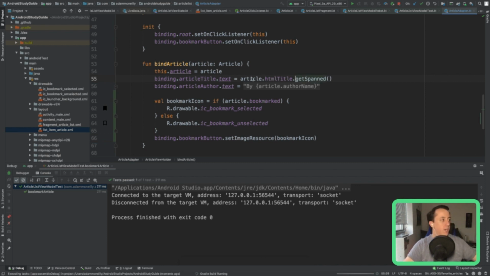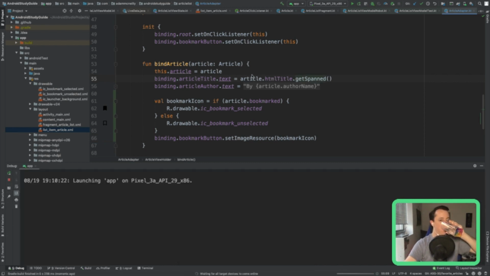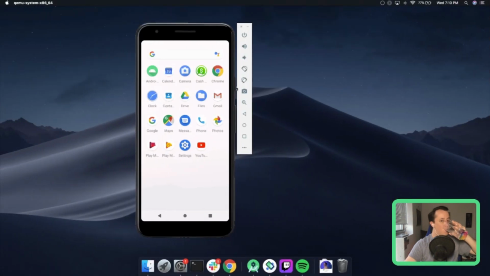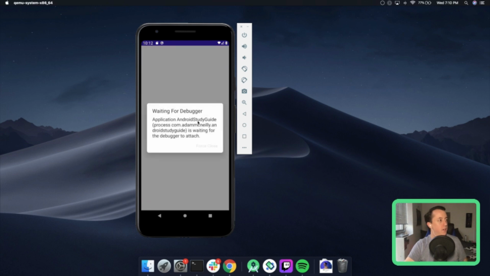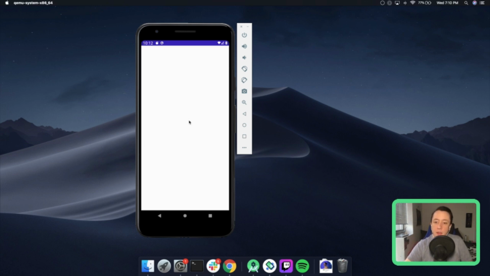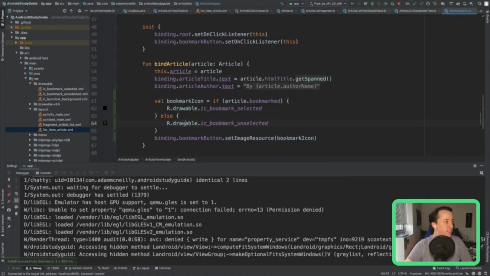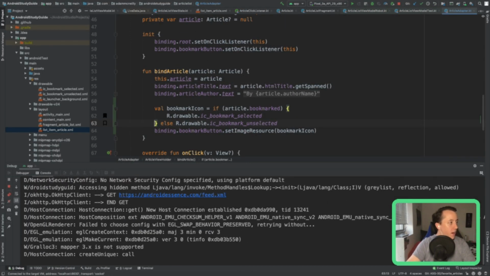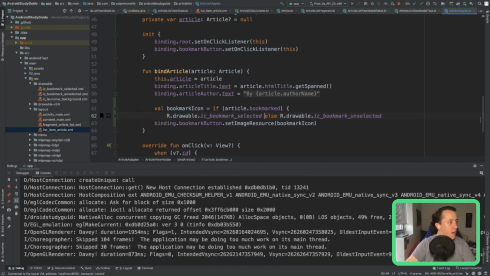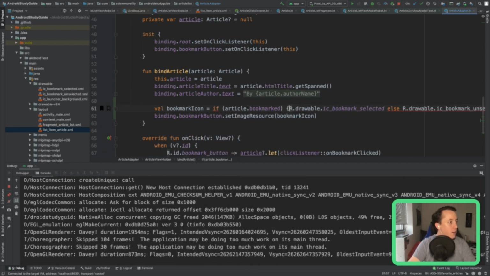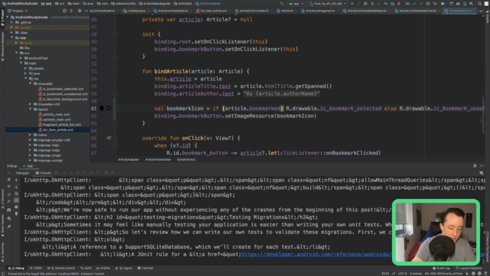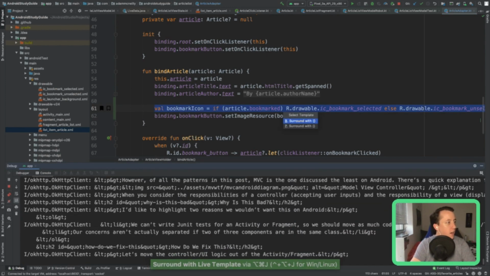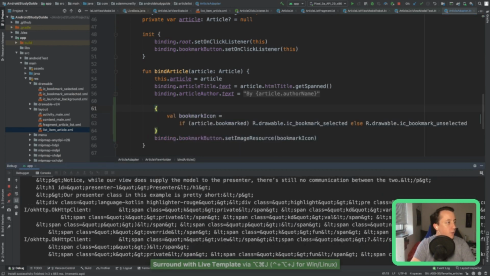Hopefully this works out. Option Command J, nice. I'm going to try that out. Do I highlight where the if statement is? Surround with brackets.